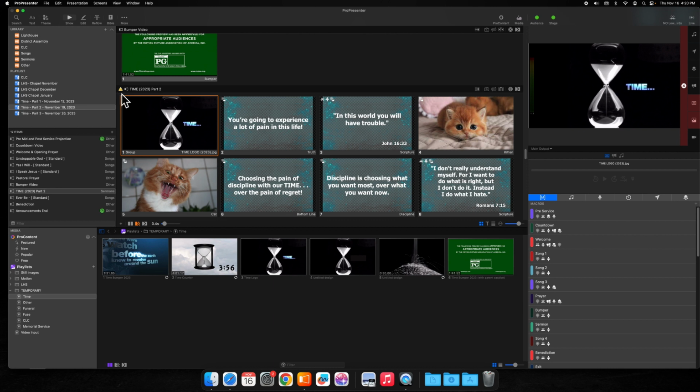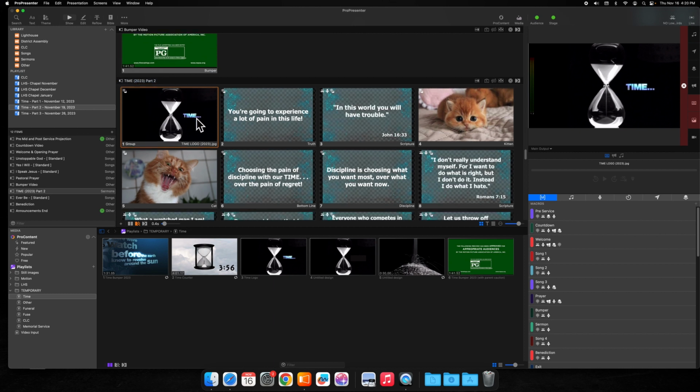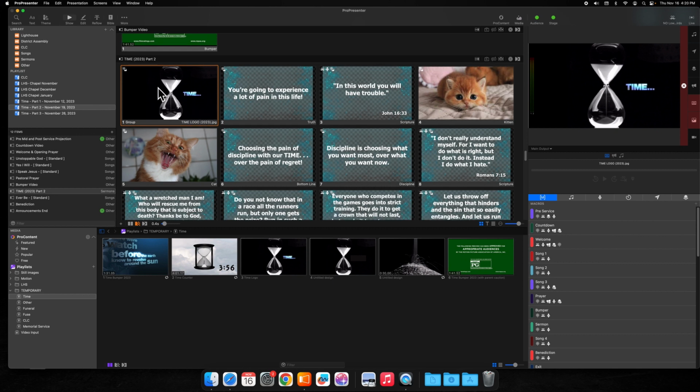All right, now you might notice here this little yellow triangle. If you see that, go ahead and click on it and then change it to 1920 by 1080, and that will make that go away. All right, once you have everything deleted and the very first slide is the logo slide, the next thing you want to do